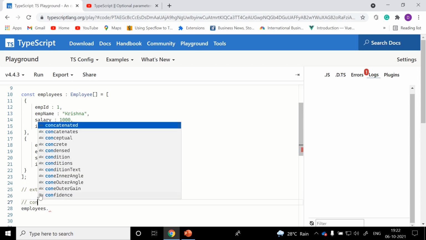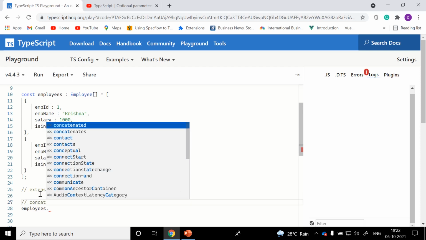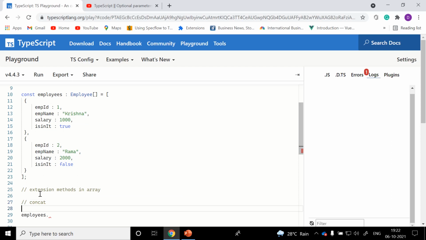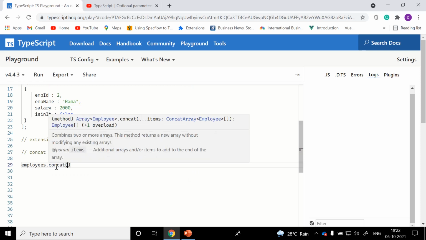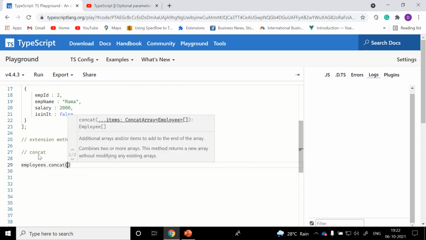Concat extension method. The name itself suggests concat, nothing but to add. If you hover over it, we can see it takes additional arrays and items to add to the end of the array. That means it joins newly coming employee objects at the end of an existing object.